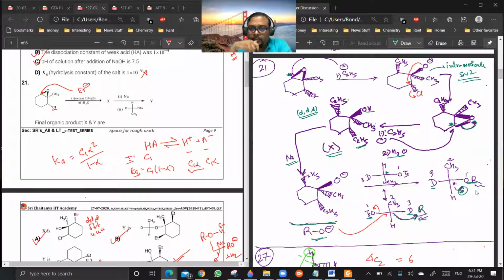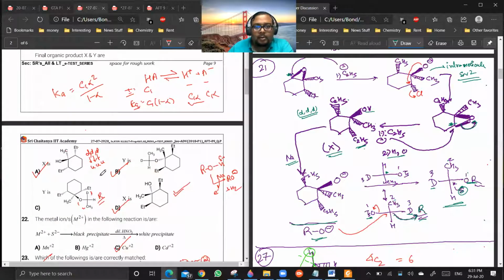Sir, in the question they gave D on the left side. No, why did you make it on... First, did you understand this or not? Tell me this. Are you getting this? Means you don't have any problem in formation with this? Yes or no? I will explain how it is giving the product also. But are you getting this part correct or not?